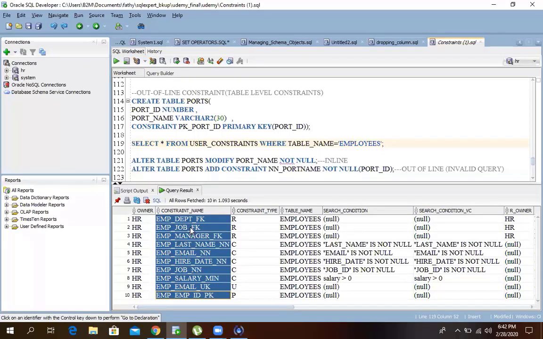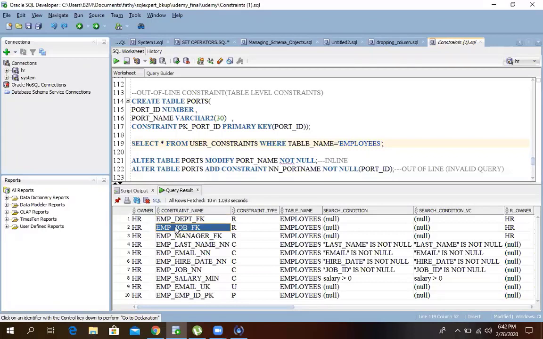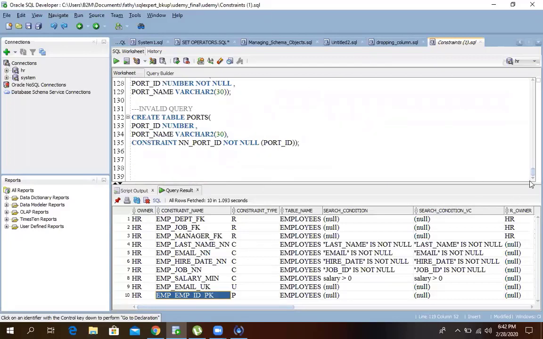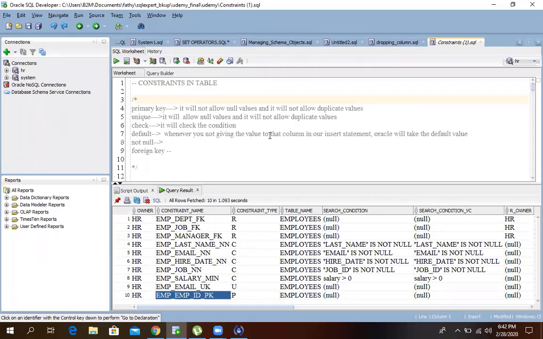10. These are the constraint names. The first three are foreign key. So you told me just before, primary key, check constraint, foreign key, default, likewise six different constraints we've seen. Am I right? If you go to the very top, you can see the whole thing. I think Control G: if you press Control G, it will ask which line number you need to go to. If we put line number 3, it will go to line number 3.